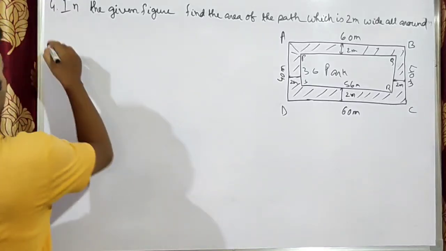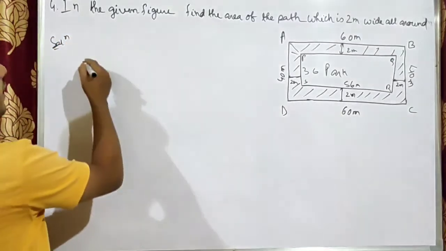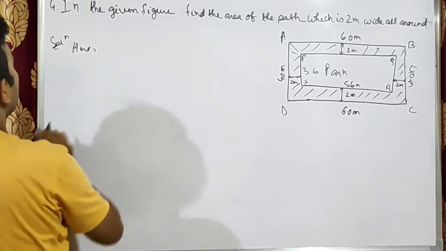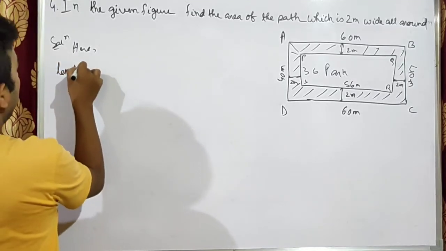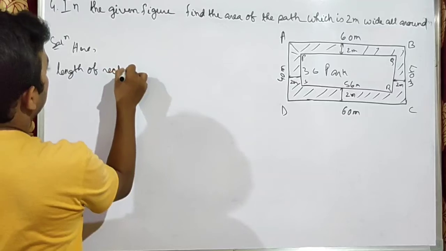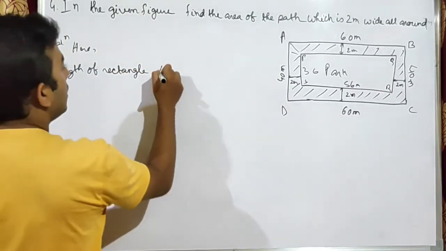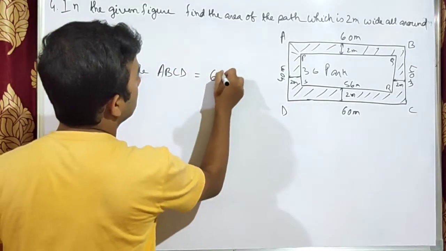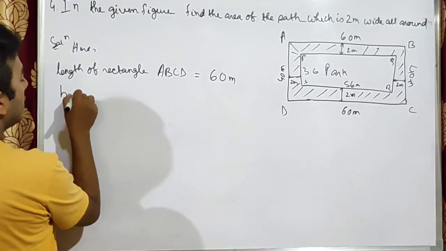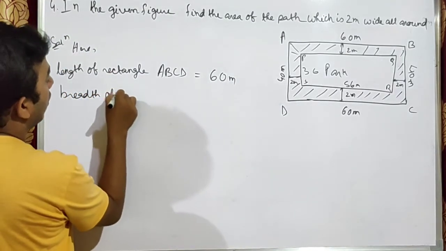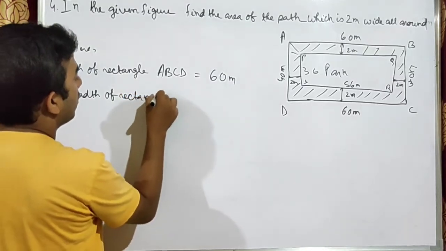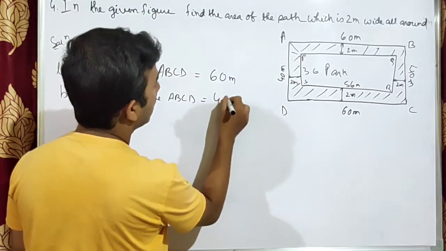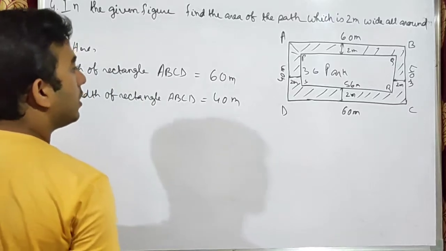So let's start the solution. First we will write the solution. Length of rectangle ABCD equals how much? 60 meter. Then breadth of rectangle ABCD equals how much? Breadth is 40 meter. Clear? Okay. Now since a path 2 meter,